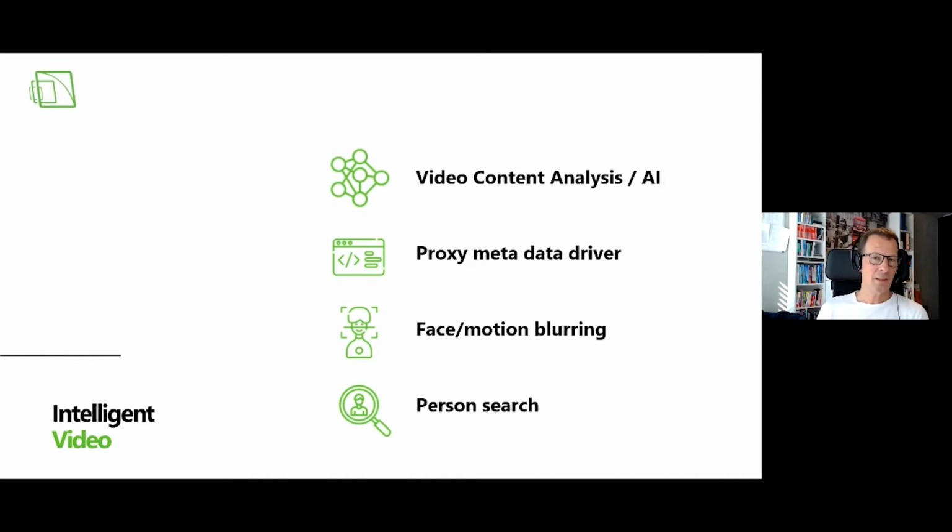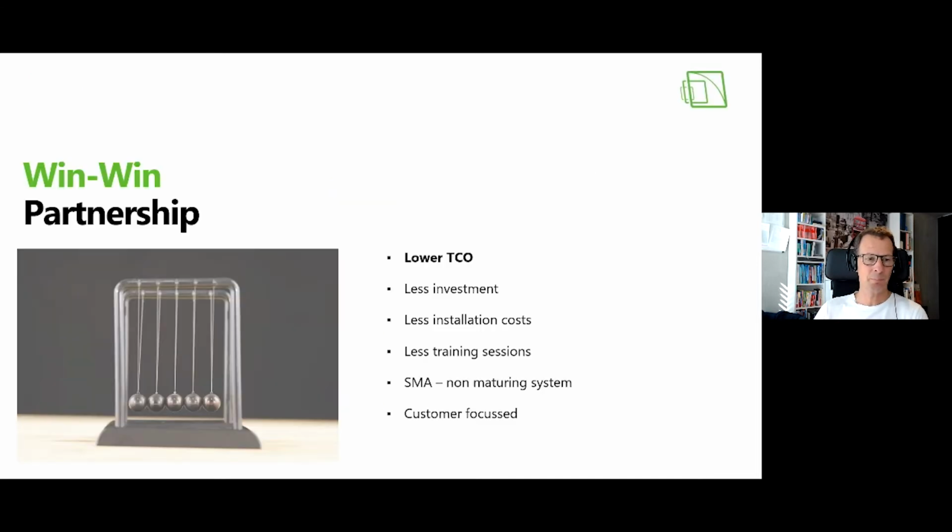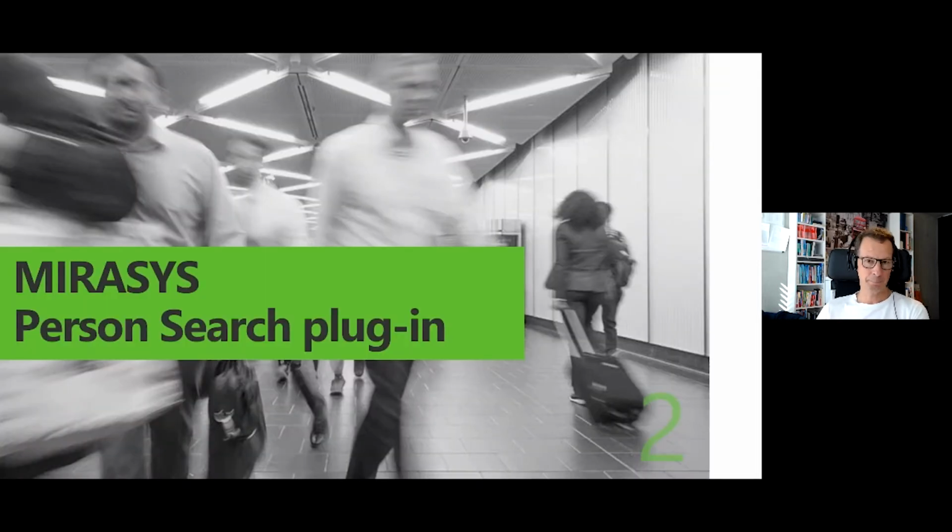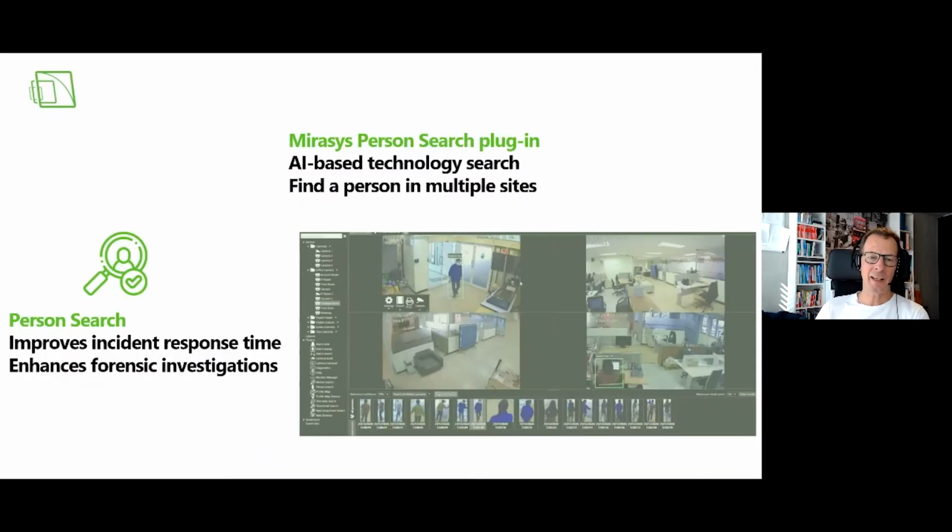That means that intelligent cameras can also share their information with our system, and we can create alarms out of this. And then at the end, it comes to person search, and that's important for us. So we will move now into the person search plugin. The person search plugin, what does it mean? So this is an